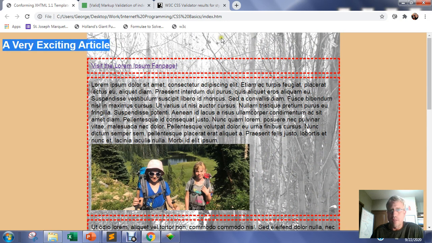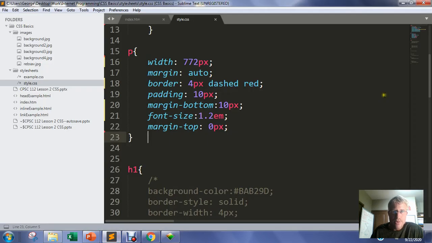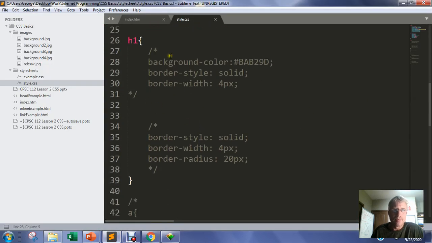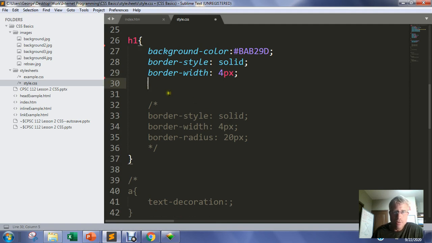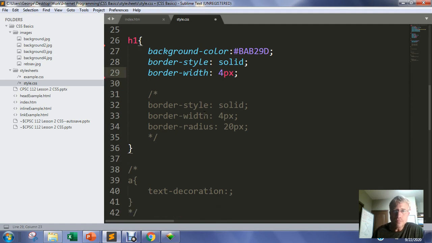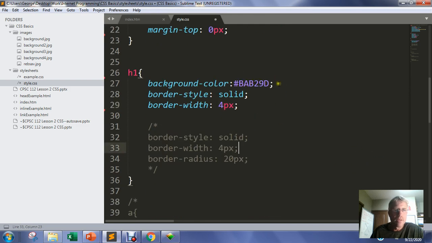This header, we should probably move this header over into position as well, because it's kind of in an awkward spot sitting over there. So if we fuss with the header, header level 1, we can change the background color of it if we want. We can change the border style. I can make it solid, border width 4 pixels. That's kind of matching the 4 pixels I have up here on the paragraph. So if we just save that real quickly,